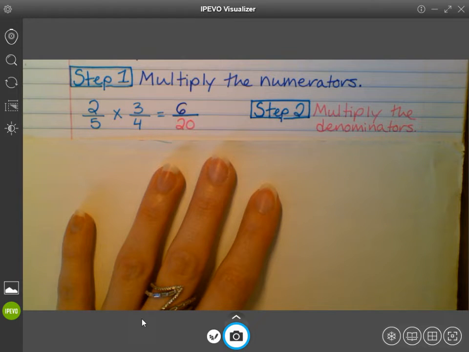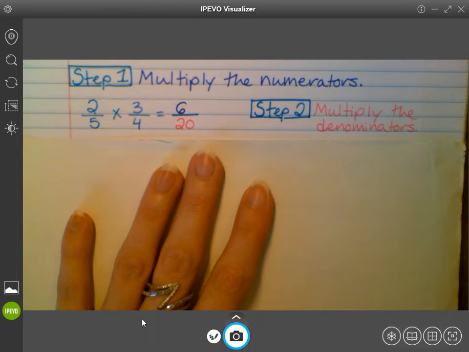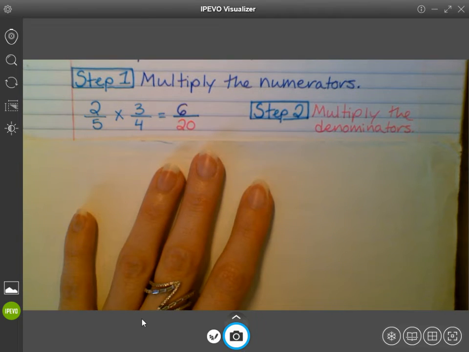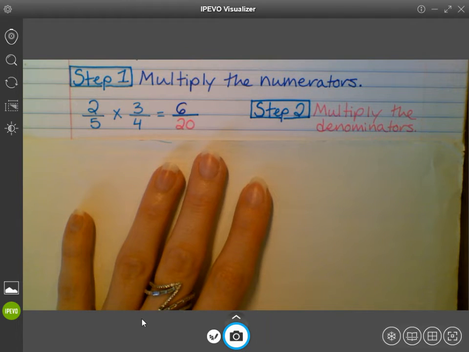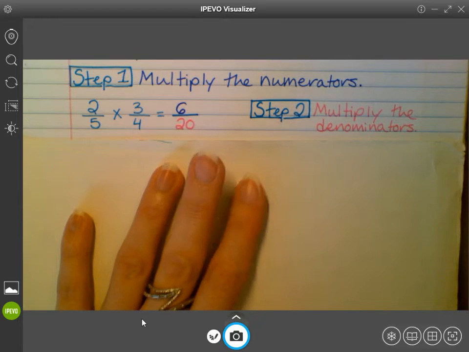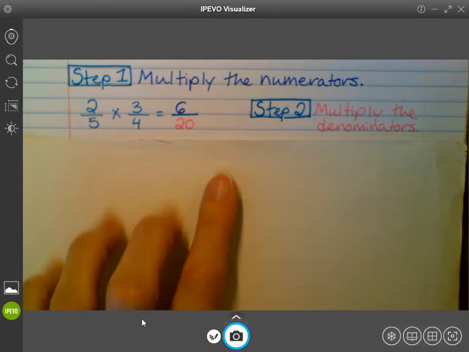Yes, Michael. Is it possible to have an improper fraction when we're multiplying two fractions? Sometimes it is. When you're multiplying two fractions, it depends on the fraction. Actually, let me think. Because if I was like, actually, unless one of your fractions is like 8/8, for example, I'm not sure you'll ever get an improper fraction. However,